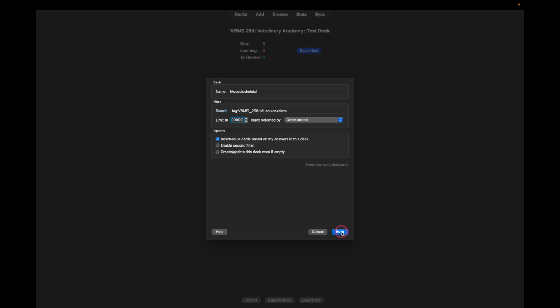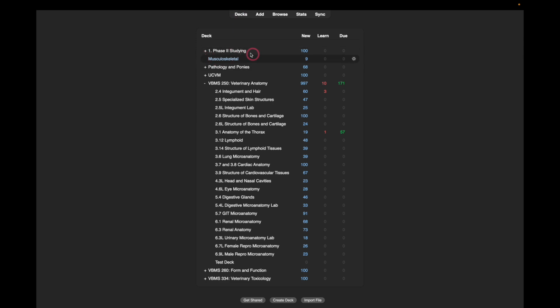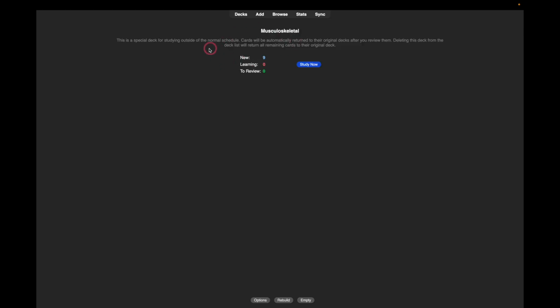So then we'll click Build, and what that does is it creates this special deck that's got like kind of a blue color, or it's a different color than your normal decks. And when you click on it, you can read a little bit about it, but basically it's pulled every card based on the information that you gave it, and it's put it into this deck. So the nice thing about these decks is that you can get all of the cards that you want to study into one deck, and then as you do the cards, they actually go back to their home deck